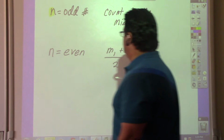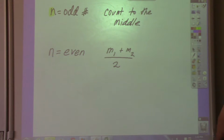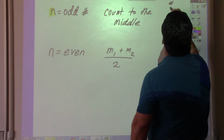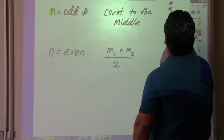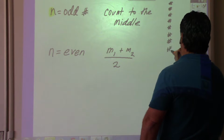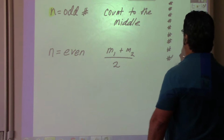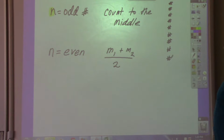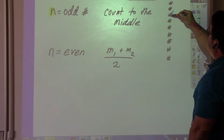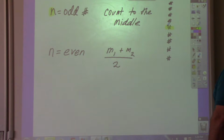So you find your 2 middle numbers, add them together, and divide by 2. So in that case, let's just put 1, 2, 3, 4, 5, 6, 7, 8, 9. So n is equal to 9. You got 9 numbers, and the only thing you do is you count down: 1, 2, 3, 4. And there's your...